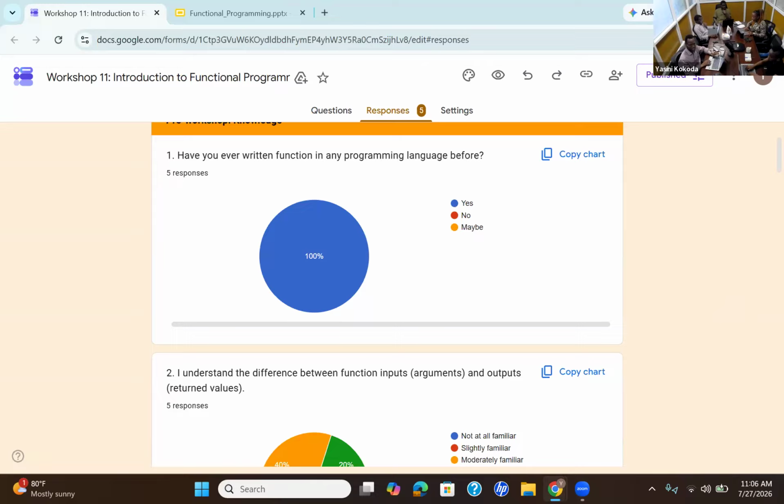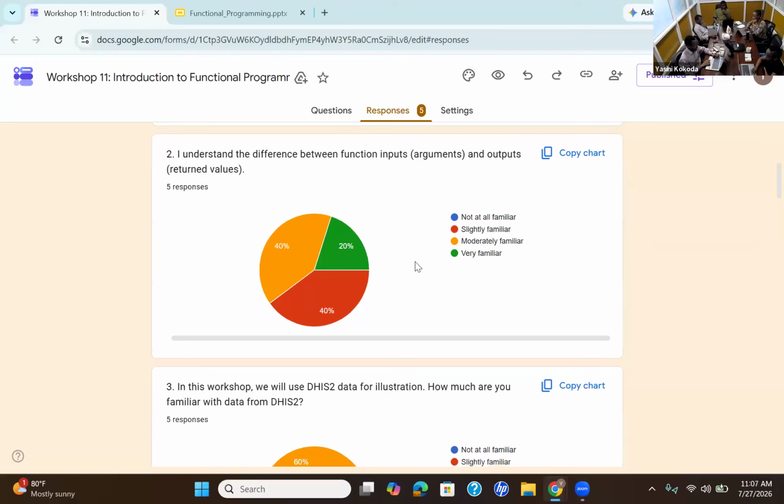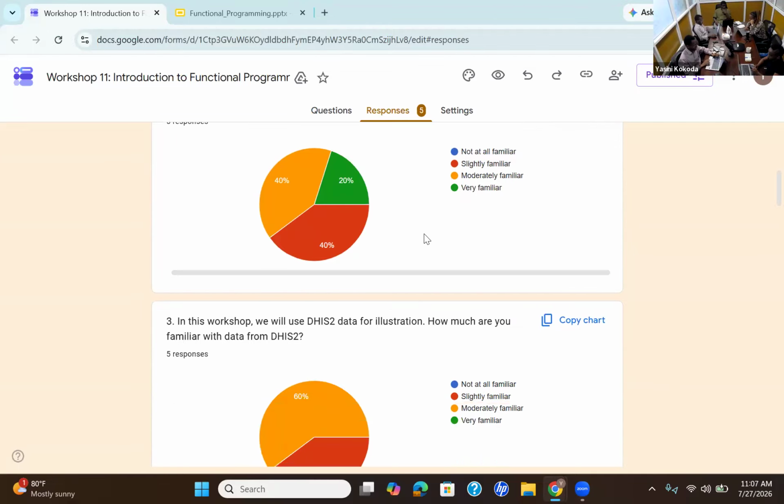So you can react on the chat, please, with the programming language you are familiar with. Which language did you use to write the function? If you have written in multiple languages, feel free. We also have understanding of the function output. Some of the people are slightly familiar, very familiar, and one moderately familiar.